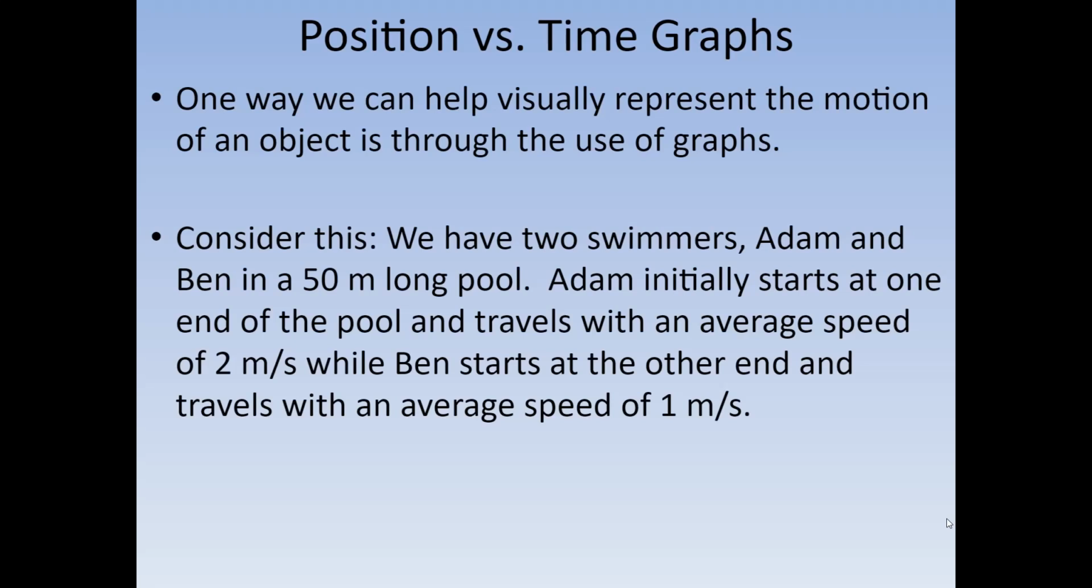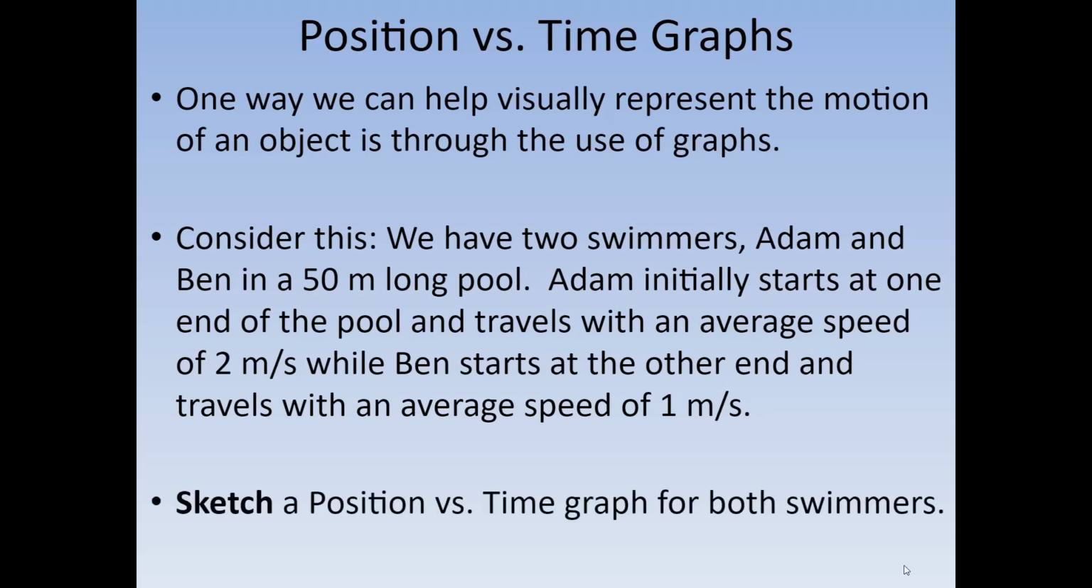So let's consider this. We have two swimmers. We have Adam and Ben. There's a 50-meter long pool. We have Adam that initially starts at one end of the pool, traveling with an average speed of 2 meters per second, while Ben starts at the other end of the pool and travels with an average speed of 1 meters per second. So if we want to sketch the position versus time graph for both swimmers, what would it